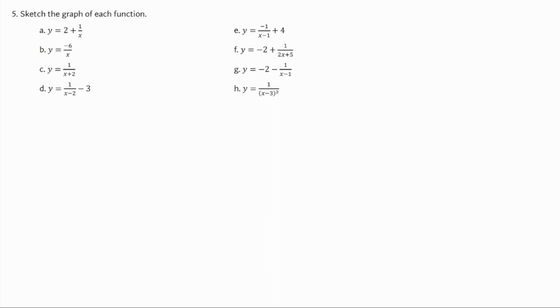All right, for this one, I'm going to kind of go by definitely the vertical and horizontal asymptotes, start with that. I might also try to find the x and y intercept and then use all of that information to help me sketch a graph. It might not always be necessary. If you know what a graph's going to look like, just go ahead and sketch it. Right? But for me, I just want to be as explicit as possible in this video so you understand why I'm doing the things that I'm doing. All right, so for the vertical asymptote,